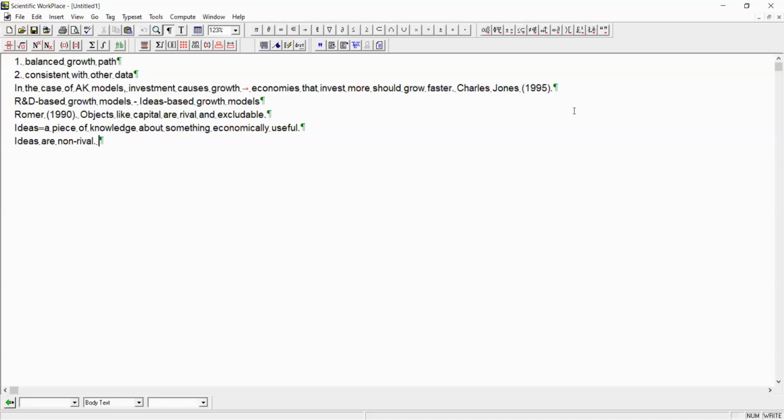And I guess in that hint that I just gave, you can see why the fact that ideas are non-rival could potentially cause problems, because what if I incurred costs coming up with some knowledge, but you could take the knowledge costlessly from me and use it? That would be a problem. It would be a problem in the sense that it would make it hard to reward the production of ideas. Anyhow,